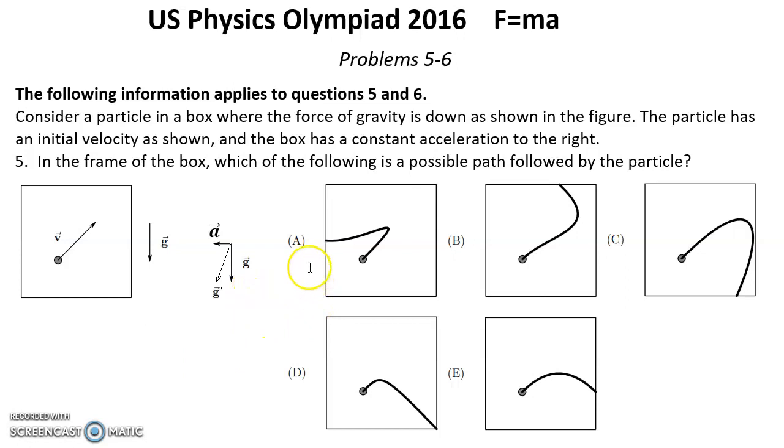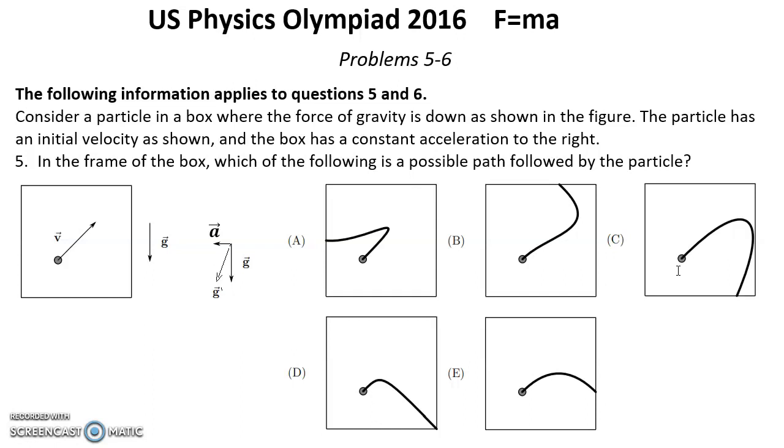with the vertex oriented on the top, slightly right and up. Here we have E and D. These are parabolas, but the vertex is going to the top, so it means that the total acceleration is going down. A is not a parabola, and B is a parabola oriented horizontally, which is no good, and only the C parabola looks like the correct one. So that's the correct answer, C,